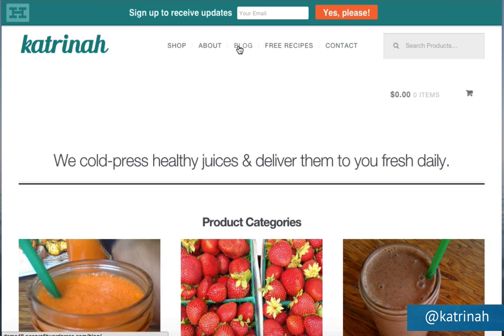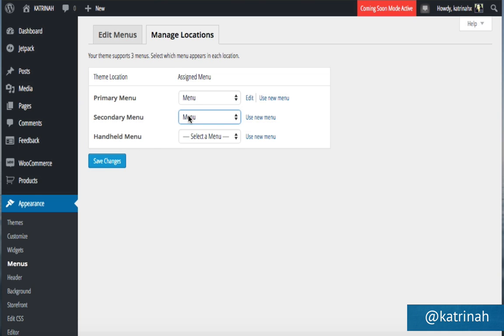So this is just one little piece, but I am going to show you right now how to adjust this so that the menu will display on all devices. So instead of using a secondary menu like I've been doing throughout the whole video, throughout this particular tutorial, I'm going to use a primary menu location instead. That's why when we come here, I'm just going to set this to nothing. For the handheld menu, I am going to set that to the menu that we've just created. So I'm going to have 2 menus set, a primary menu and a handheld menu, and then I'm going to click on Save Changes to save my changes.